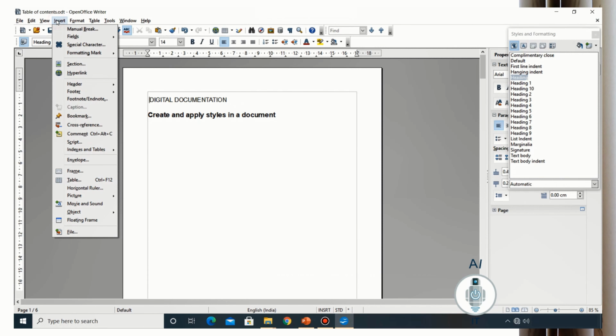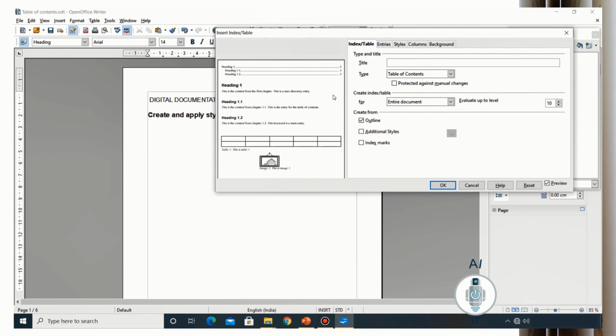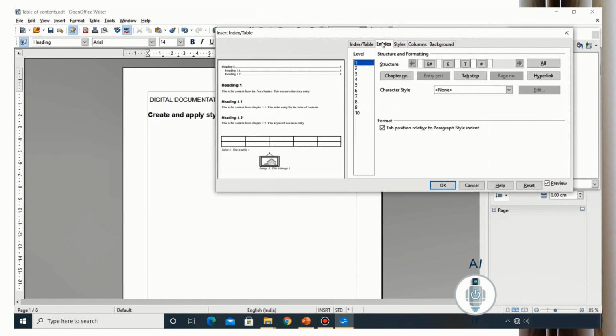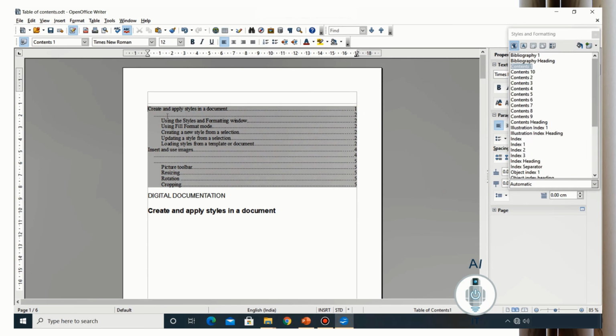Now I am going to insert indexes and tables again. I am clicking on entries. I am going to select level 2, select the entry. Now press the delete key on the keyboard. As you can see, it has disappeared from there. Now you will not see the heading that is displayed, right?